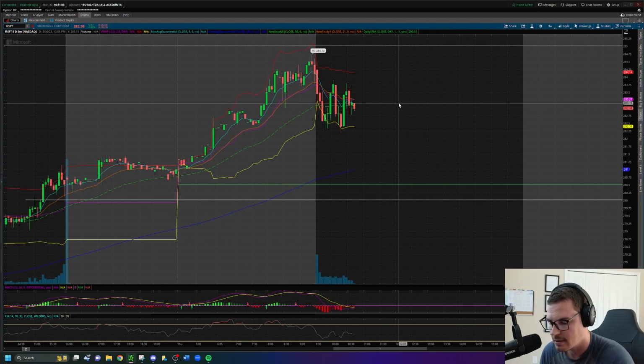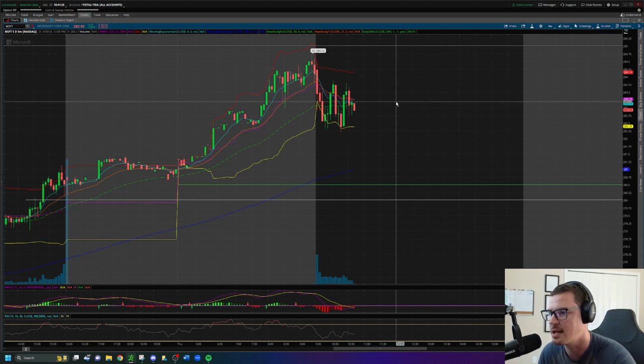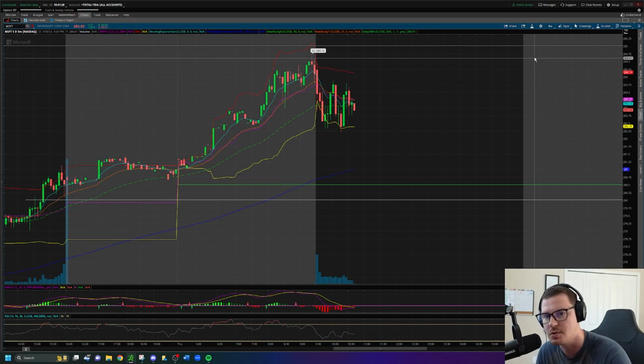Following two back-to-back gap up days, my thought process going into today was, I really don't think that this is going to have the power to continue to push today. That's a pretty big gap up day, followed by a pretty big gap up day prior. I just didn't think that this was going to have the power to continue to push today. It's just too much too soon.